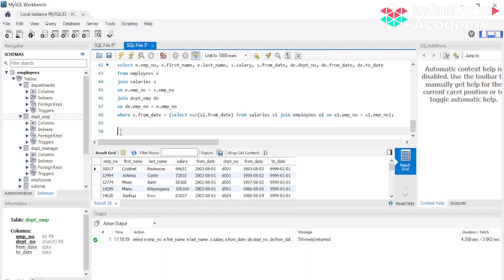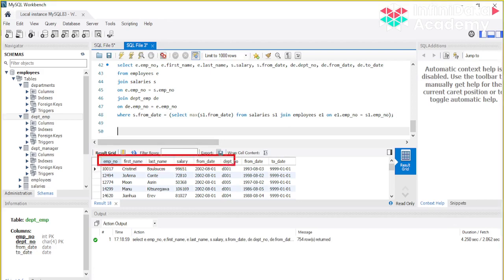All right, so let's build our final query. I've just cleared the output over here so that it's visible for the query we run now. This is your current result. In the current result we are getting employee number, last name, salary, from date coming from the salary, then department numbers, from date coming from your departments, and then to date, right?